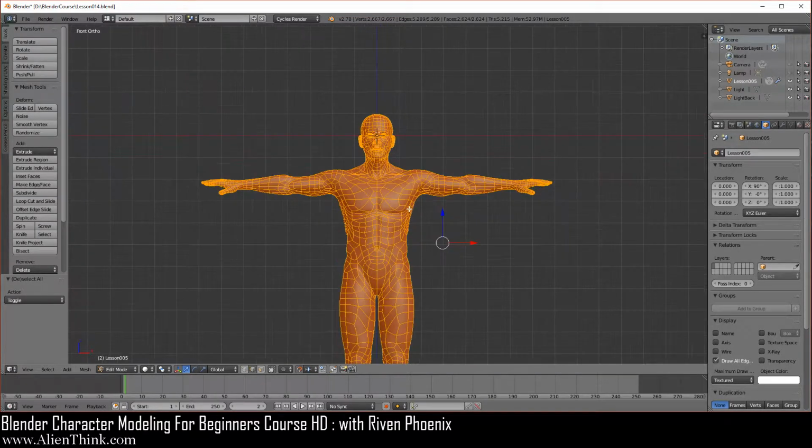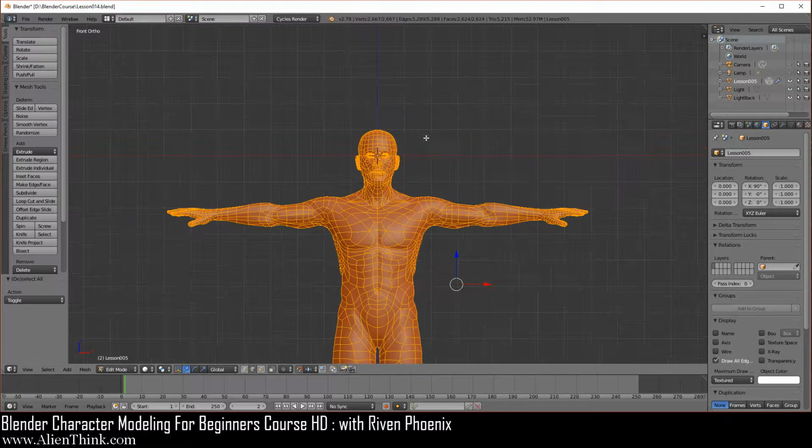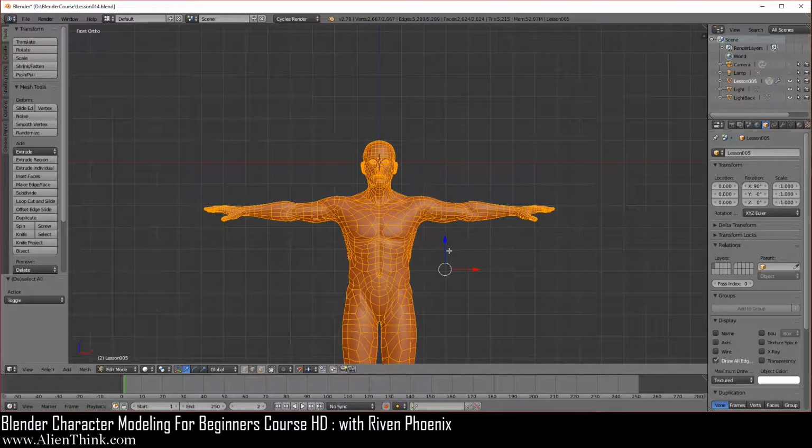And what you're going to do is simply zoom in over here, and you're going to make sure that the feet are going to come on this red line over here. So I'm just going to zoom out until I get the big grid units. All you have to do is really just grab this blue arrow.